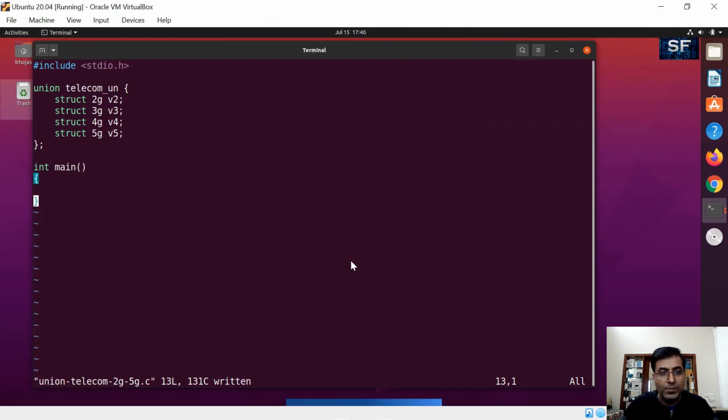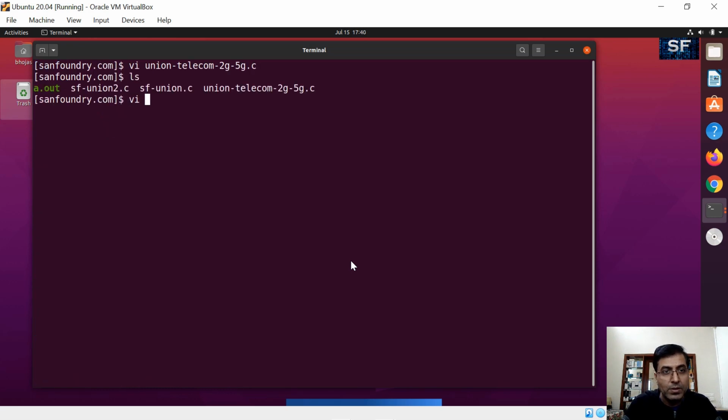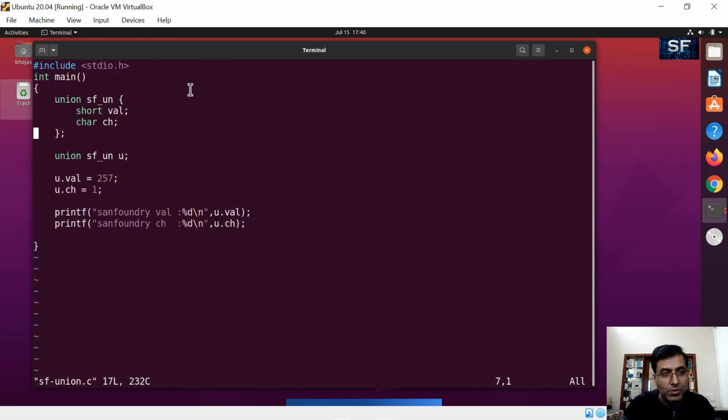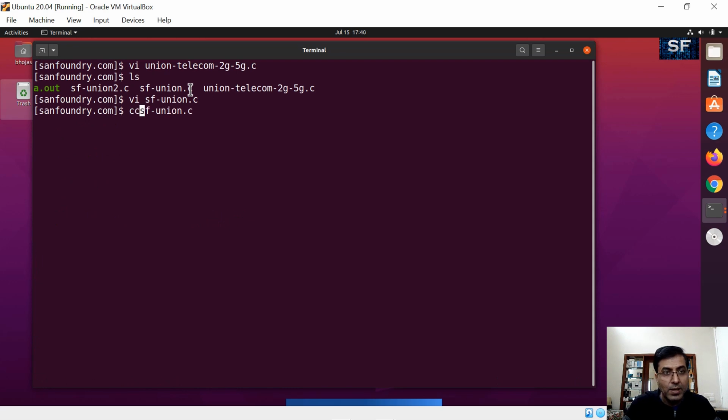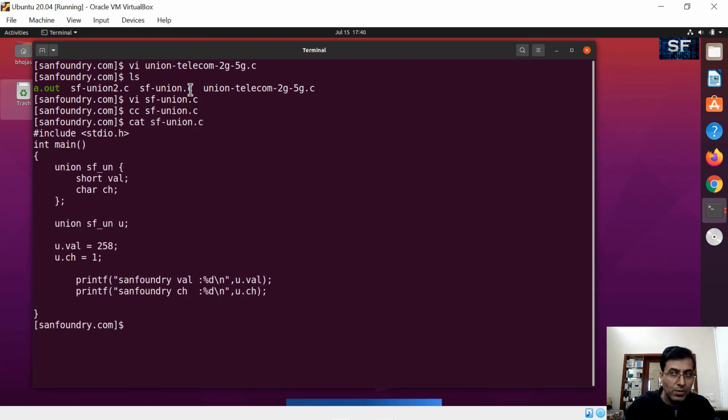So in the lab demo, we will look into the code on the union, right? Let's take this code, which I have written on the screen. You have the value 258, and for ch, we are doing a printf. So let's run this code. I have compiled this here now. I will run the code. I repeat, before we forget, the original value was 258, and this is 1.